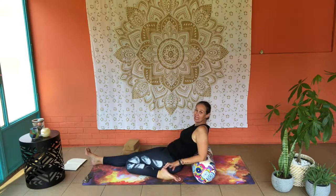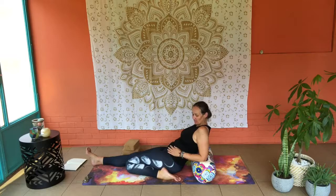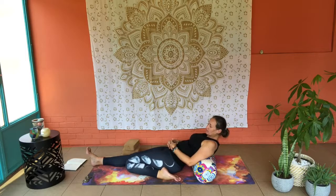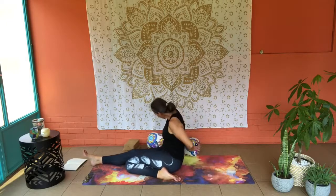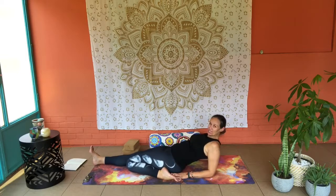So we're just allowing ourselves to be very restorative and gentle on the body today, being mindful of whatever is presented, taking deep breaths here. If you're able to come down a bit more onto the bolster, you can do so. If you feel you don't need the bolster, you can also shove it aside and come down onto the elbows,